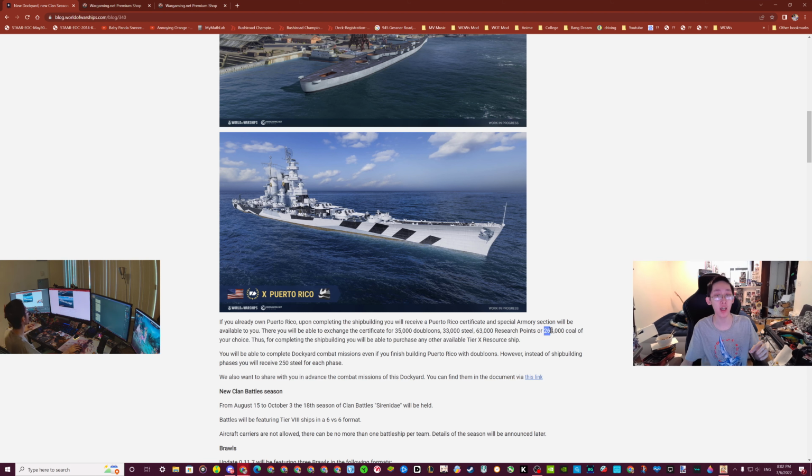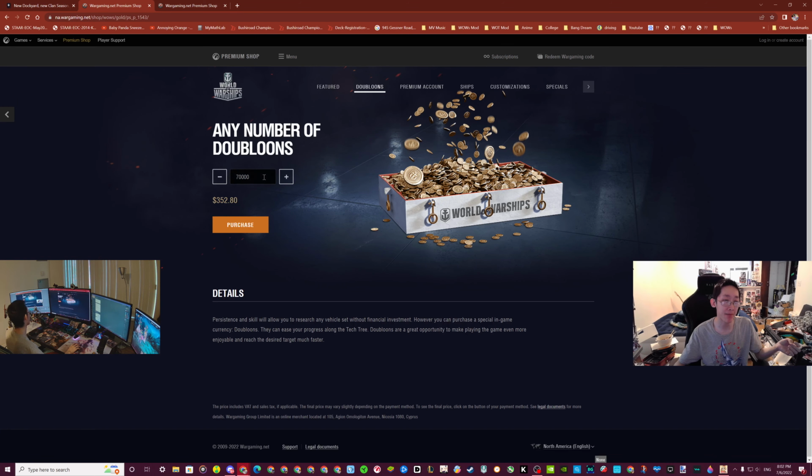Or you can get the 264k coal. And by the way, this is pickable, not random. You can pick either one. So I mean that's not bad at all. That's good. Well, if you want to pay that much money,